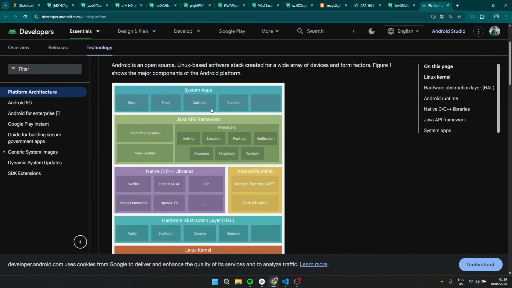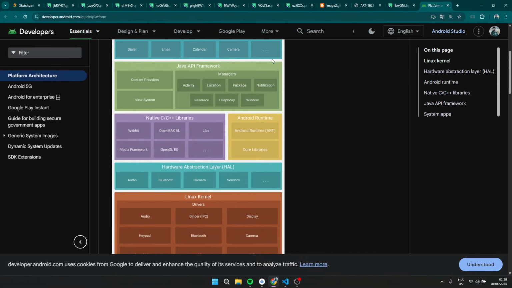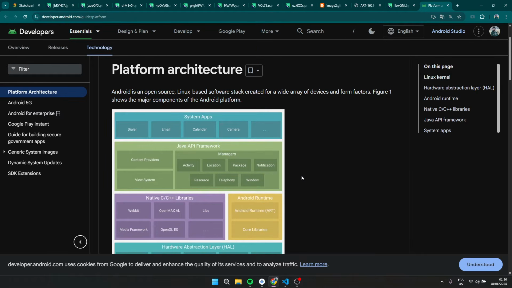So this layer, guys, is responsible for providing the core functionality. Before I get into explaining each layer, I want to pinpoint that this is the higher layer, and the abstraction layer is a bridge between the higher layer and the lower layer. The lower layer is the Linux kernel. I'm going to explain that later on, but there is a higher layer and there is a lower layer. Anyway, the system apps is a layer that is responsible for providing the core functionality to the device.